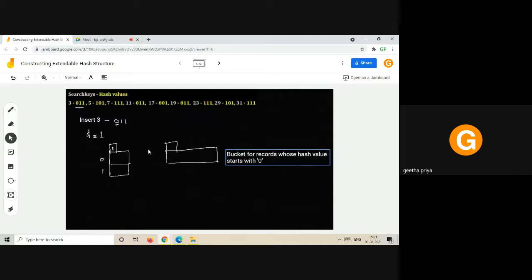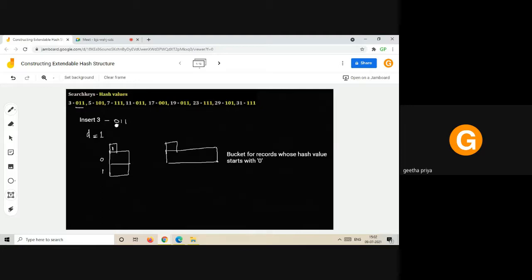Okay, so what should be the local depth here? Local depth is nothing but the number of bits based on which the record is placed into the bucket, or the number of bits based on which the bucket contents are placed. Here, based on how many bits are we placing 3 into it? Based on 1 bit, that is, starting with a 0.